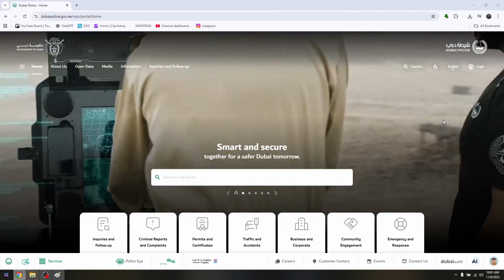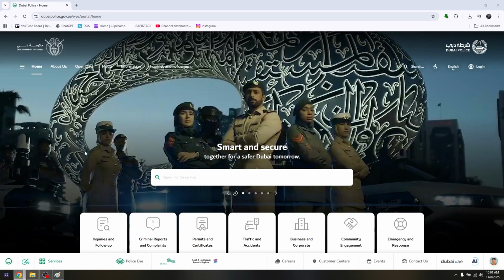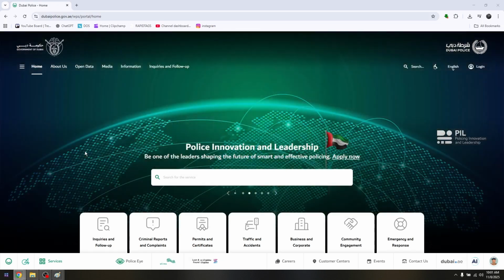How to apply for Dubai Police Clearance Certificate online. Now, this method is actually doable. All you have to do is to pull up any available web browser that you can use on your end,